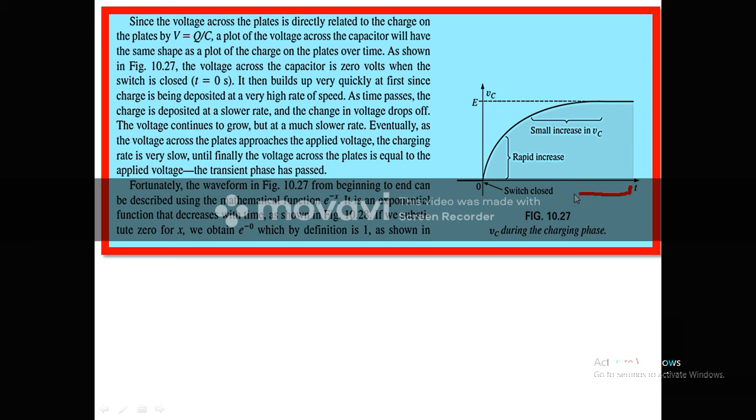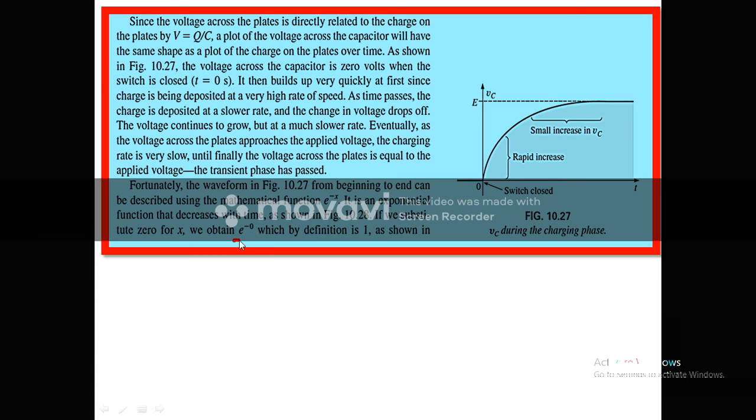So this period is called the transient period. Okay, and as in this transient period storage is performed, we can say that it is a storage phase of the transient period. And it will start as the switch is closed. A switch is closed means t is equal to 0, and as we can see, this process is the storing, or the curve is exponentially rising. Okay, so the equation will be e raised to the power minus x.